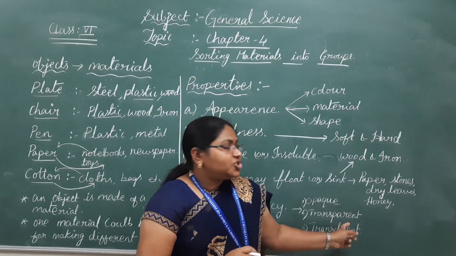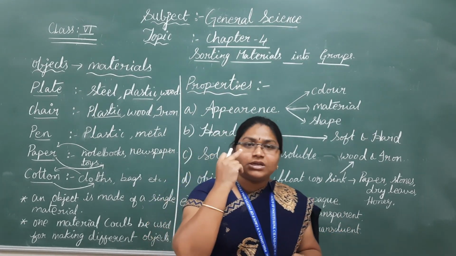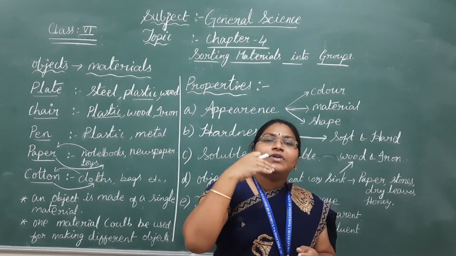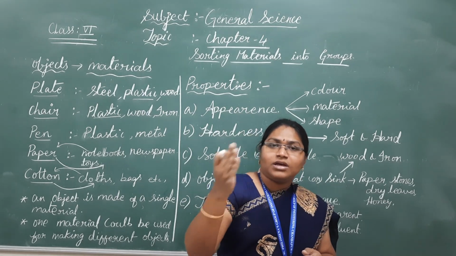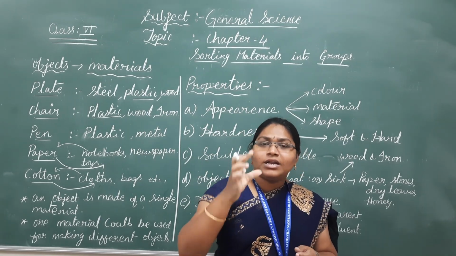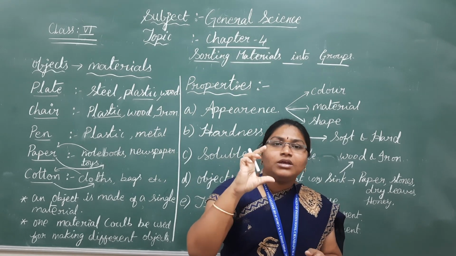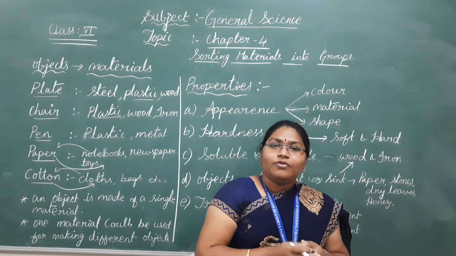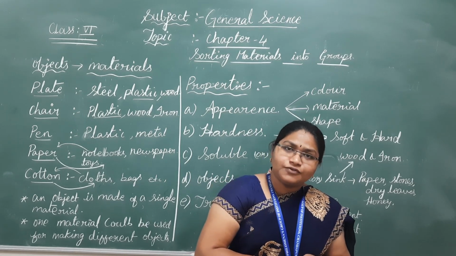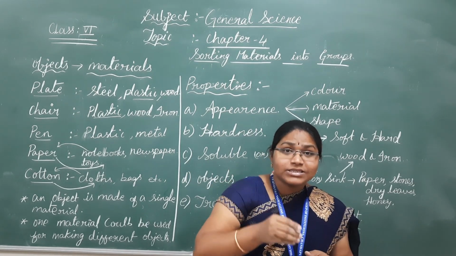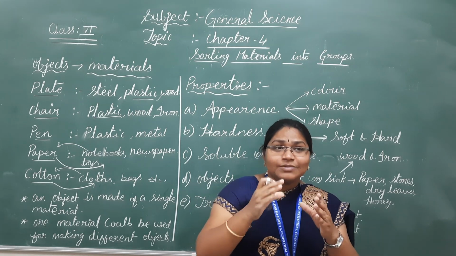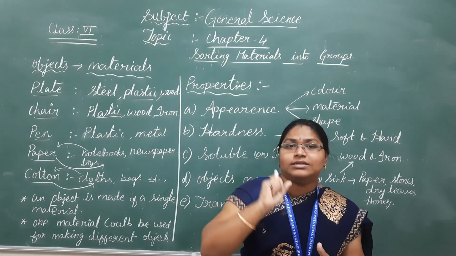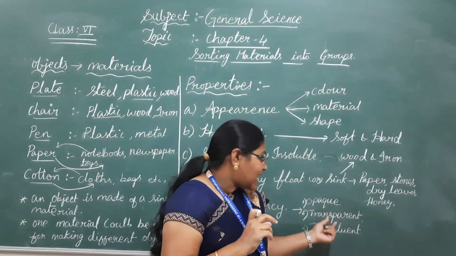Okay, same as transparent. Transparent means my spectacle glass. Okay, so I can see through this spectacle glass to the other side, whatever things are happening. And glass also, normally the juice glasses which are transparent, when you are taking a glass of juice at home, at that time you can clearly observe the color of the juice. That is how you observe the transparency of that glass. So that's why that is transparent.